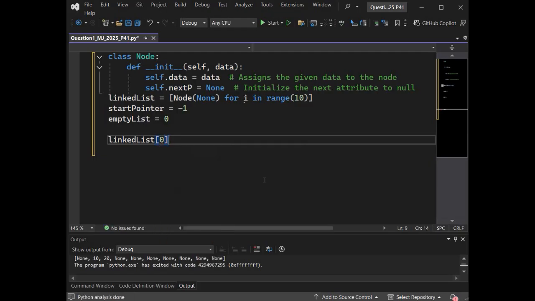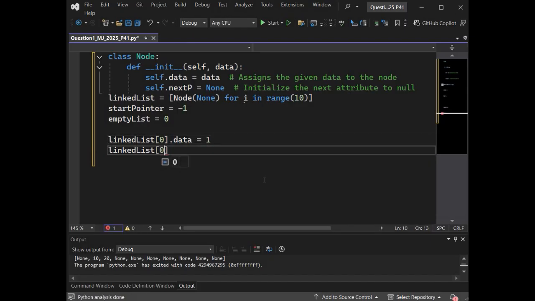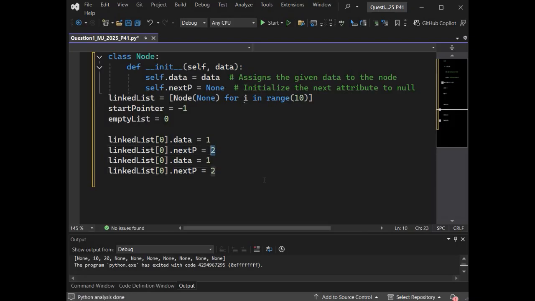Linked list at the position 0 dot data will be equal to, because that's my first field, let's say it is 1, and linked list 0 dot next pointer, let's say it points to the second position. So the first element is at 0th position, and now I'm saying next pointer is 2.